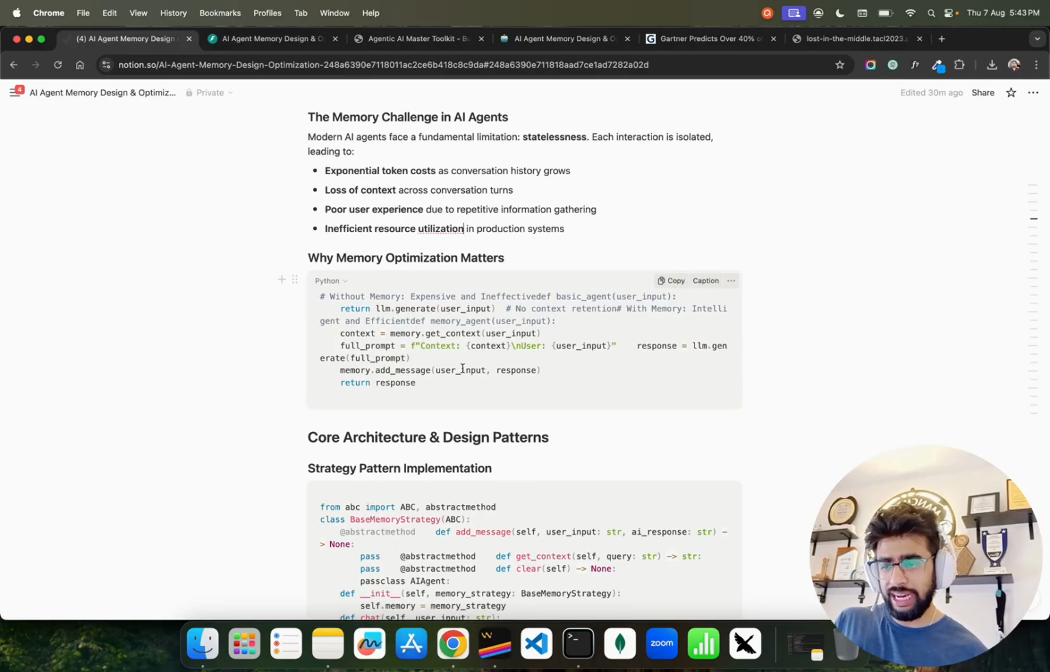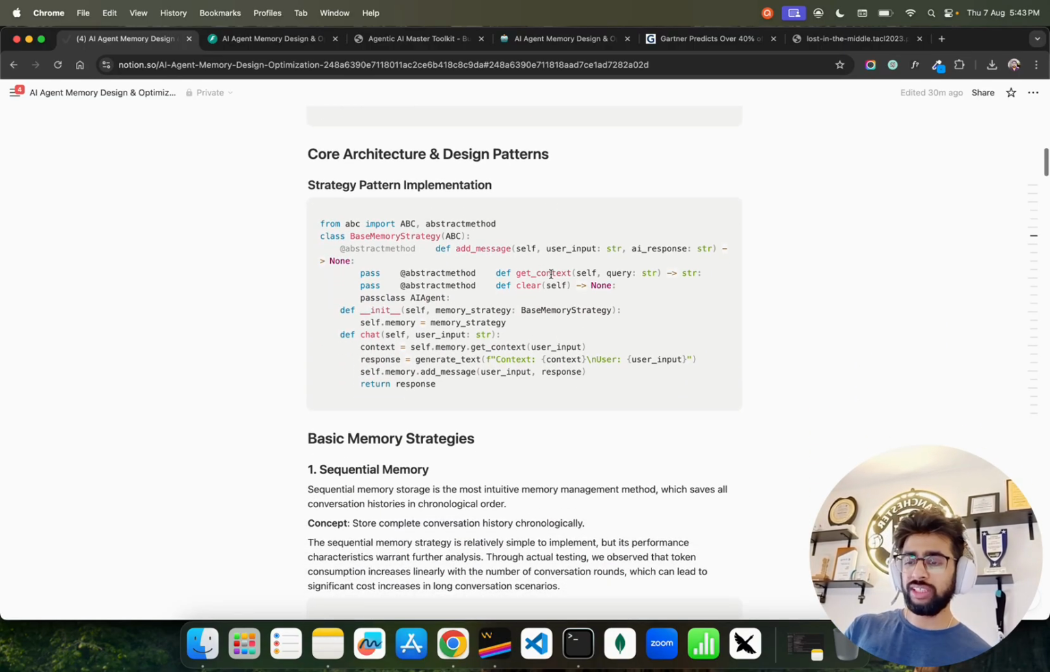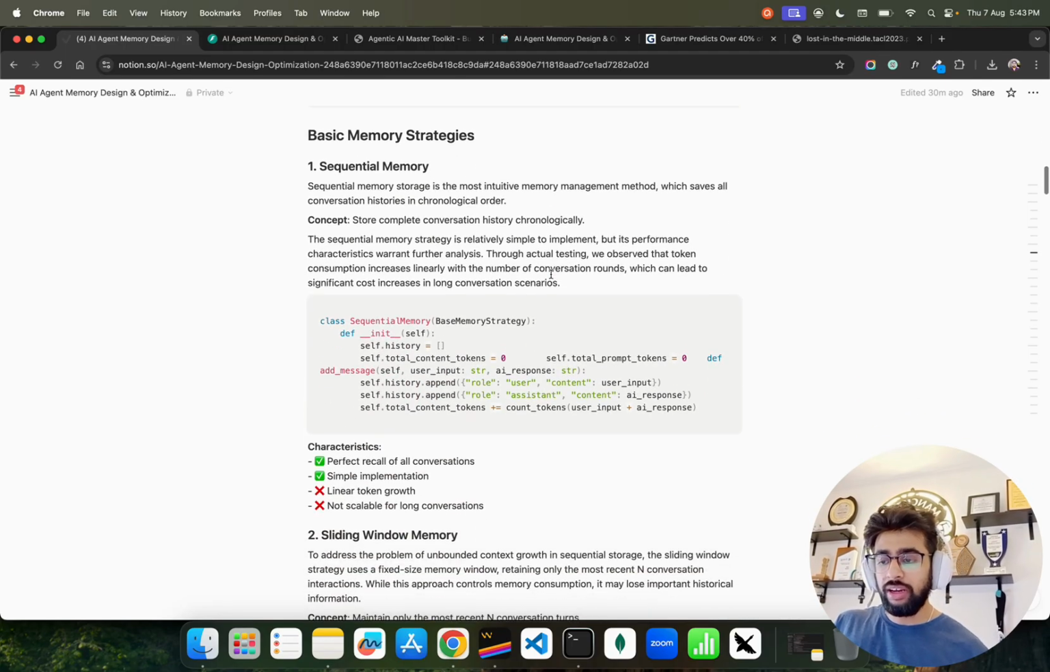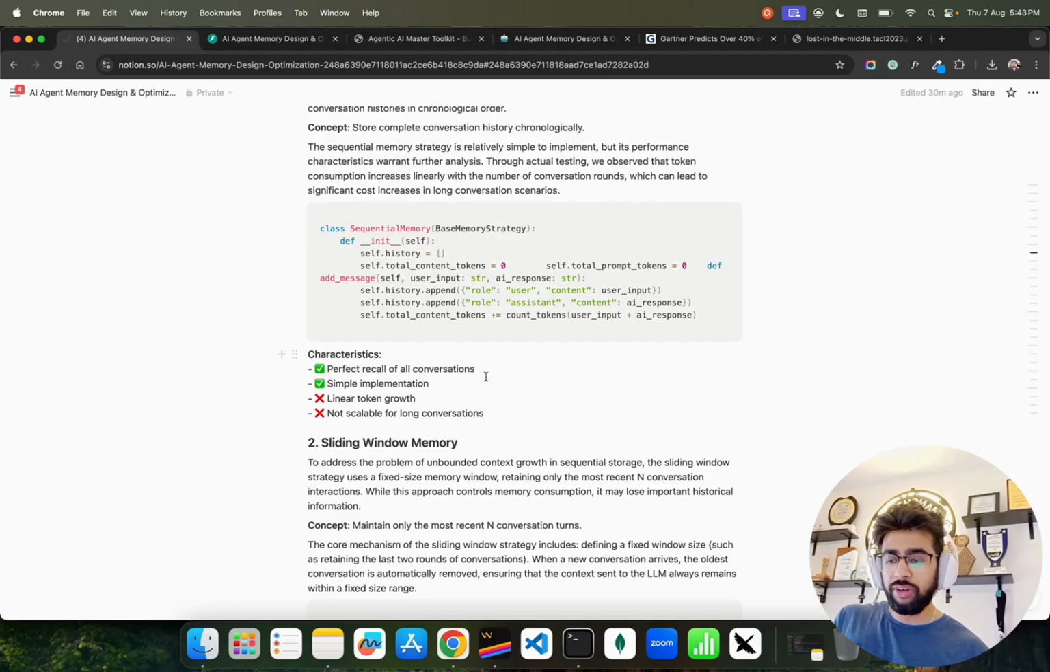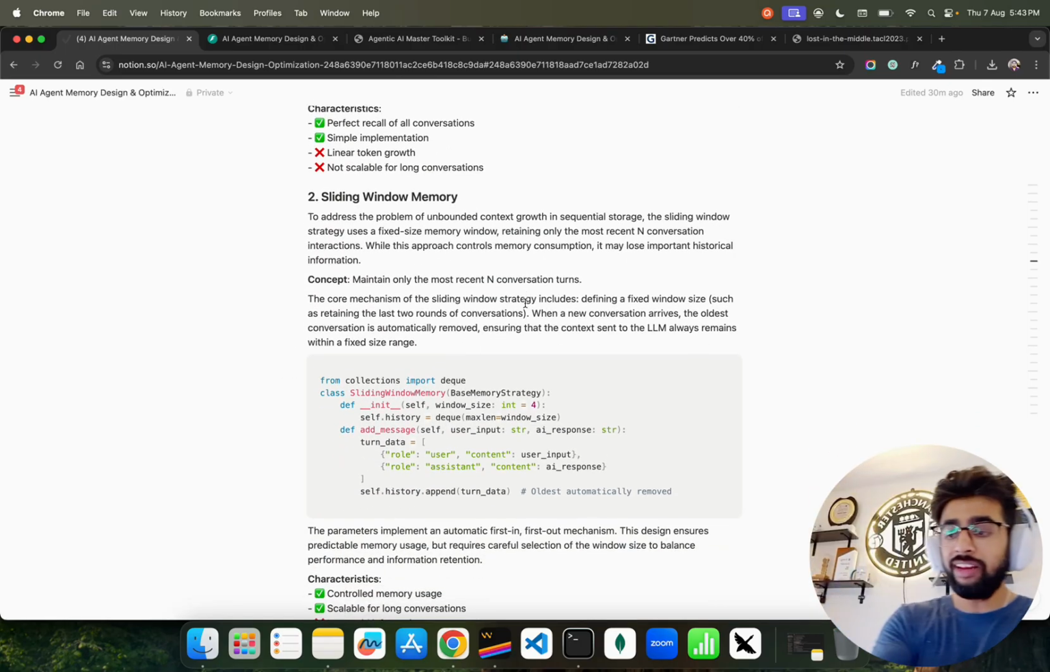Without memory, you can see I have this code snippet. Don't worry, I'll give you this Notion page as well, this Notion template, whatever we call it. Here I have explained everything. Just now we saw sequential memory, with perfect recall and simple implementation. The next is sliding window memory. Now sliding window is like